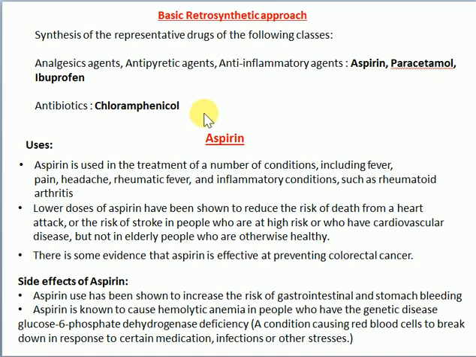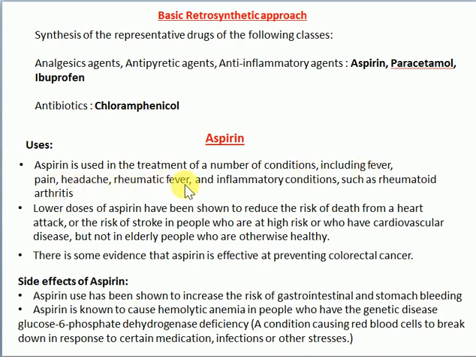We will study their usage and their side effects, and then we will study their retrosynthetic analysis followed by their forward synthesis. Aspirin, you all know, is used in the treatment of a number of conditions including fever, pain, headache,